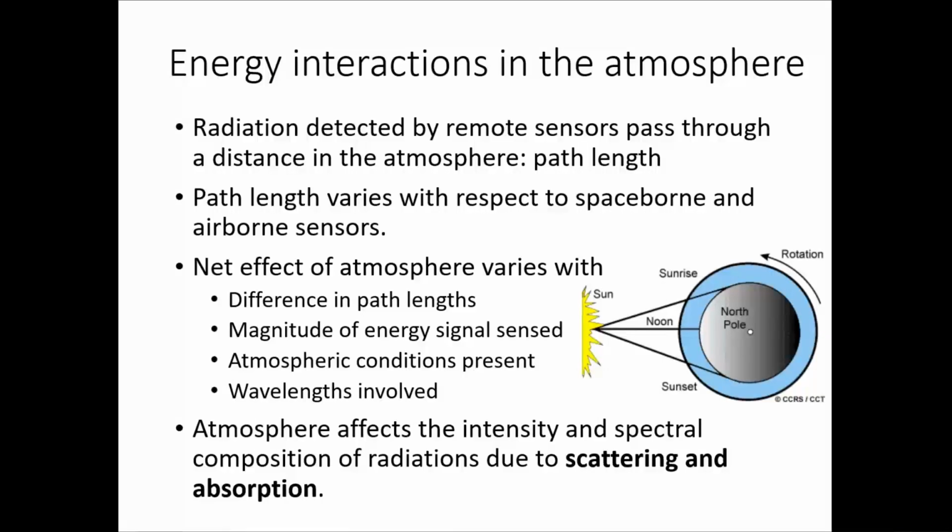All right. So coming to the energy interactions in the atmosphere is a very important topic. Before I start with these new terms, path length, scattering, absorption, etc., we saw in the last class how remote sensing is possible, right? You have a source, then that energy from the source travels to the earth feature, then that energy is reflected and travels back through the atmosphere to the sensor in the satellite, right? And then it is processed, and then it is made available to the user, right?